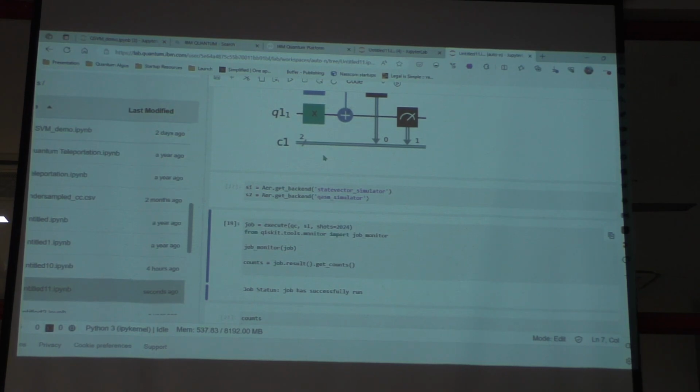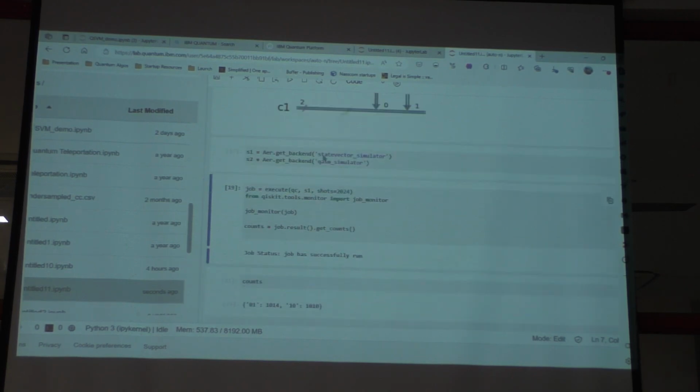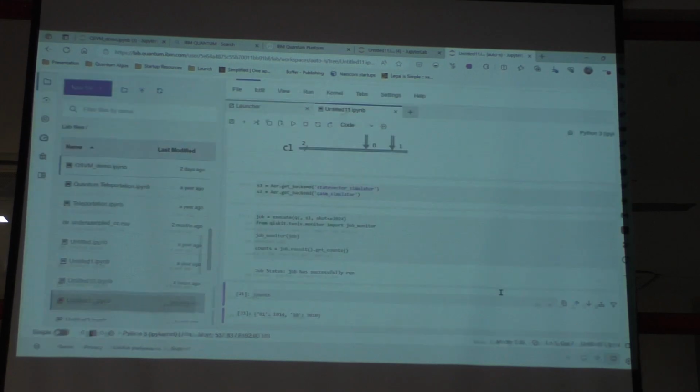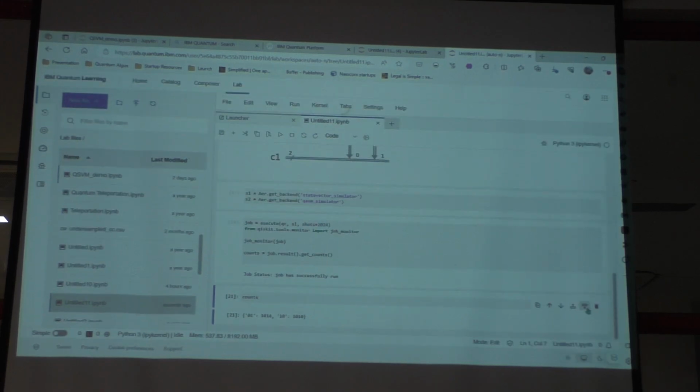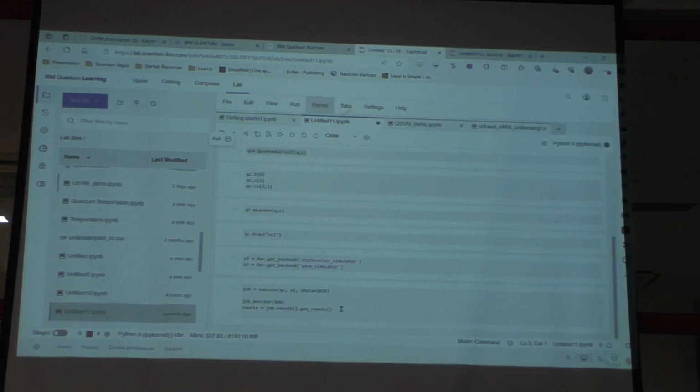I hope we all are able to run a simple circuit on a device of your own preference, with your own short preference, your own gate preference. Try it out and get a knack of writing the simple circuit code, visualizing it. Then you can also try to show the histogram.